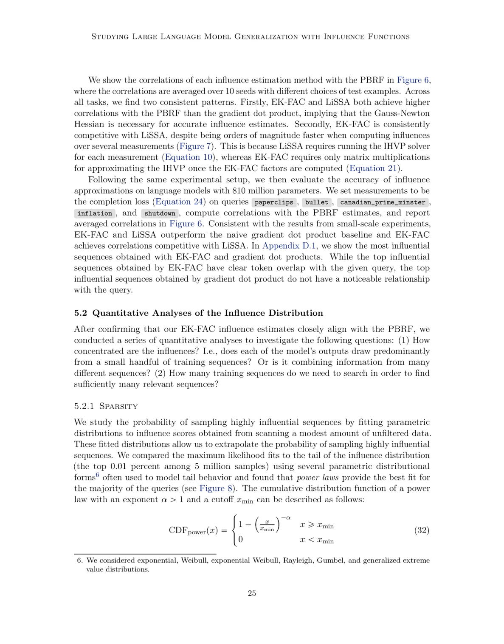We did this by fitting specific mathematical curves to the influence scores obtained from scanning a limited amount of unfiltered data. These fitted curves helped us predict the likelihood of selecting highly influential sequences. We compared various curve forms, such as exponential, Weibull, Rayleigh, Gumbel, and generalized extreme value distributions, that are commonly used to model extreme behavior. It turns out that power laws best fit the majority of our queries.